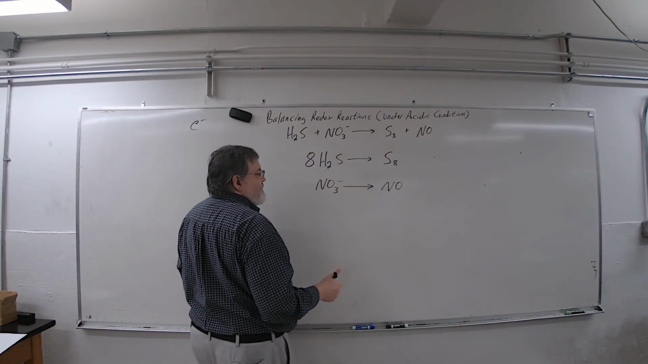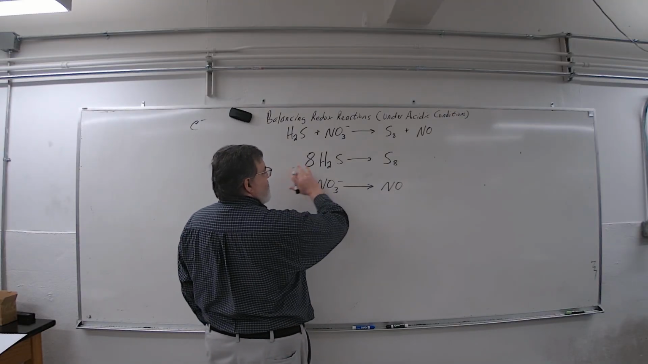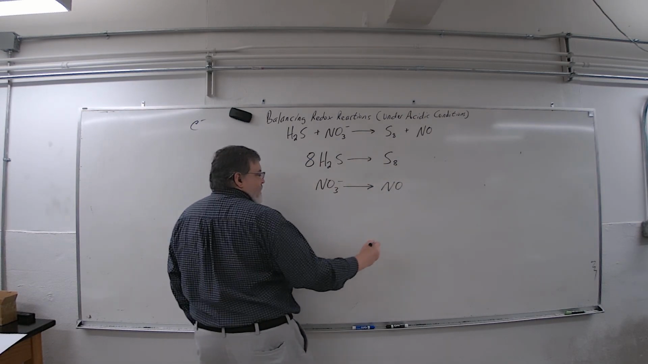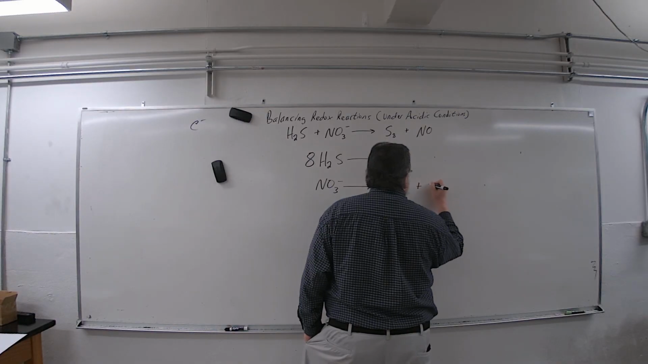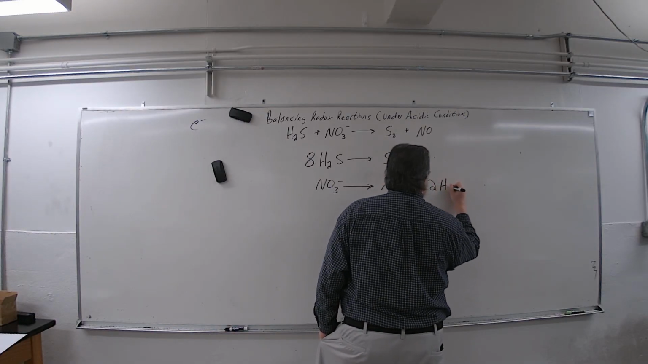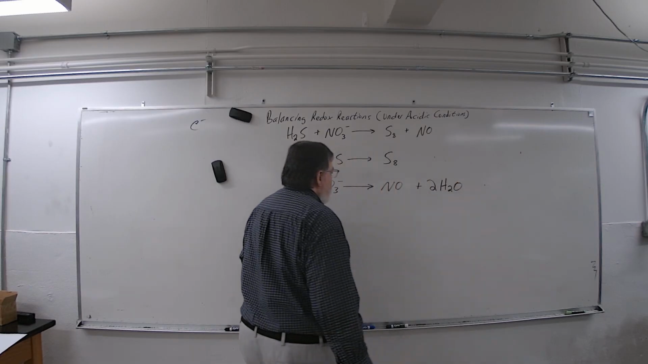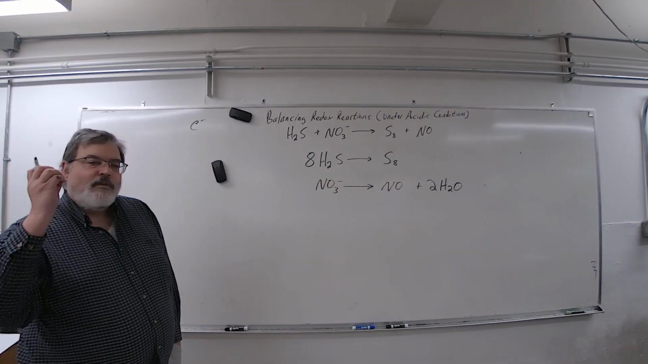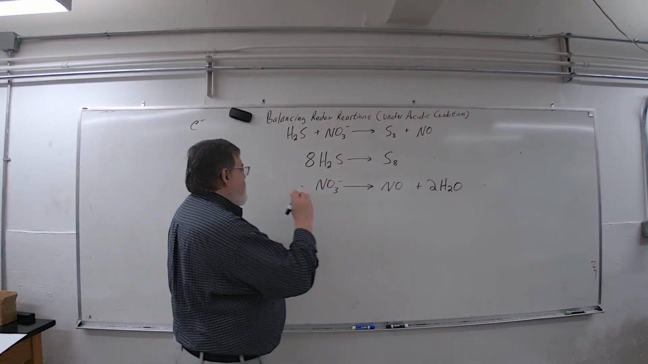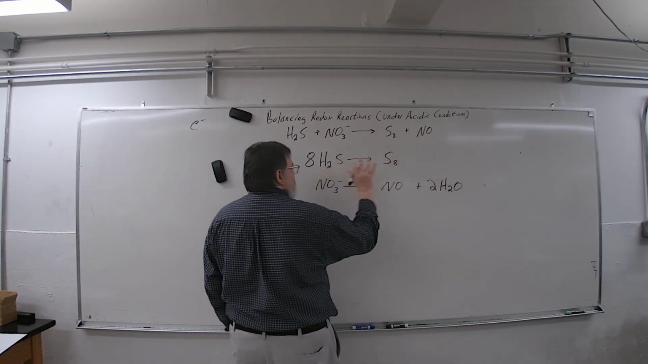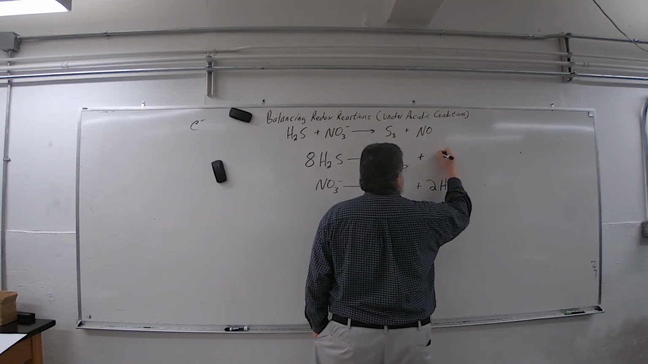The next thing is the oxygens. I've got no oxygens to deal with up here. Down here, I've got 3 here and 1 there. So I'm going to put 2 on these O's here. So now I've dealt with all the oxygens. What's next? Hydrogen. I've got 2 times 8, 16 hydrogens here, and none over here, so I have to put